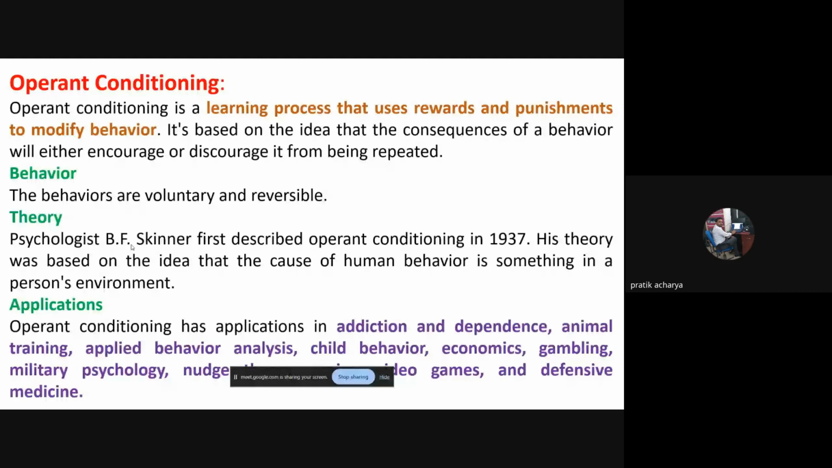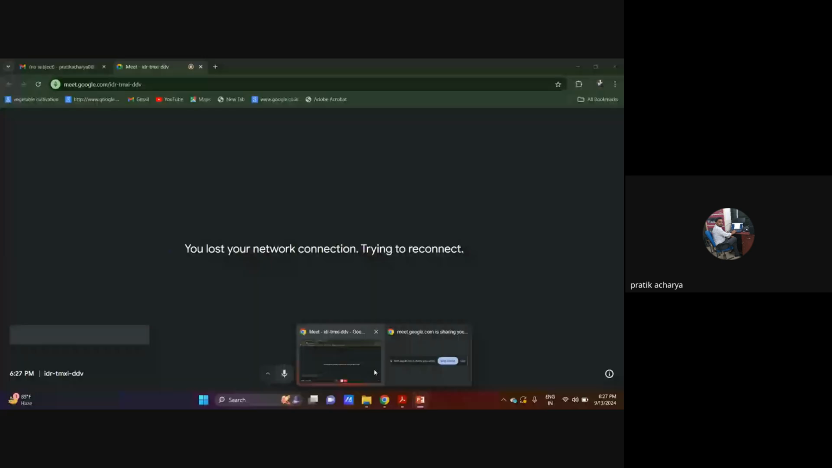How this training is performed by using this operant conditioning system. When there is a reward is performed,